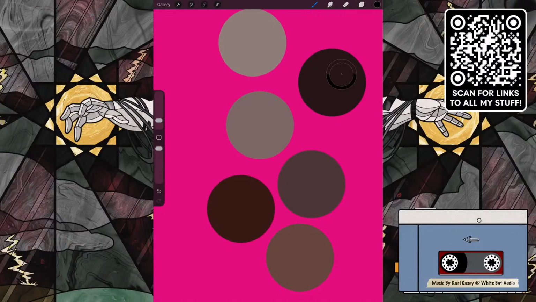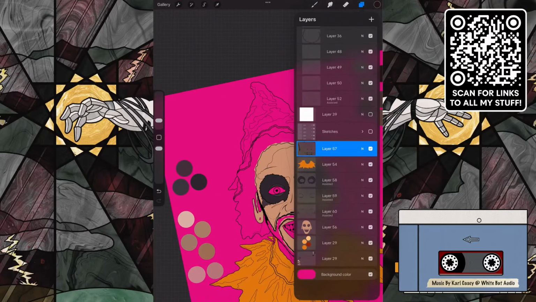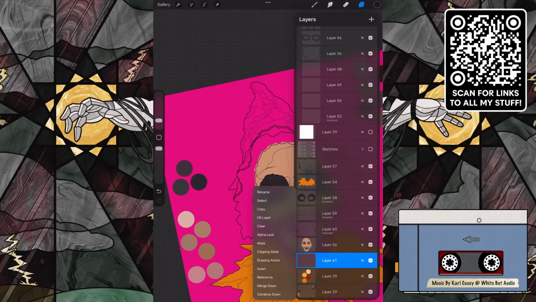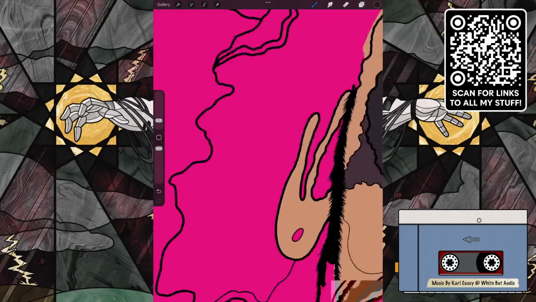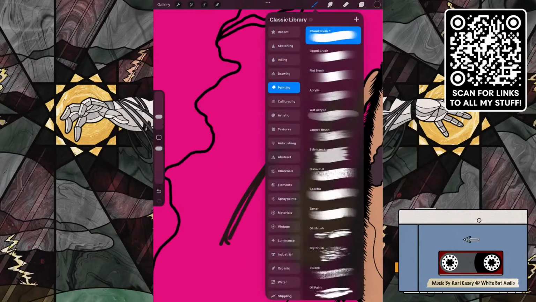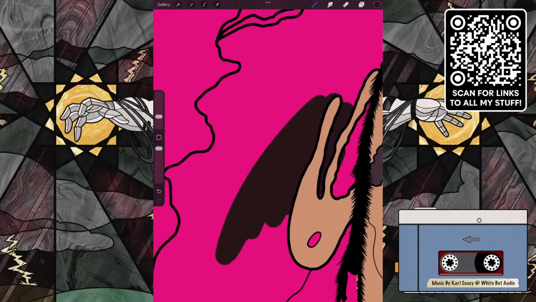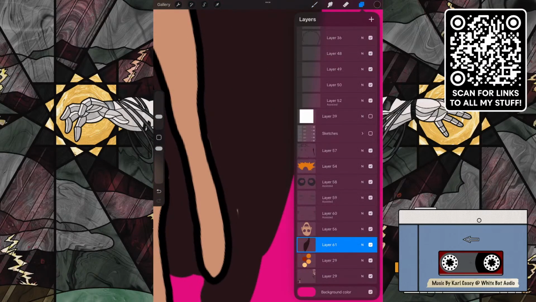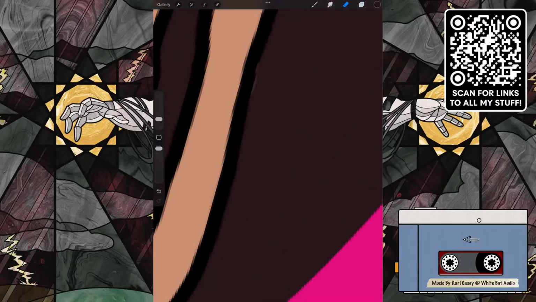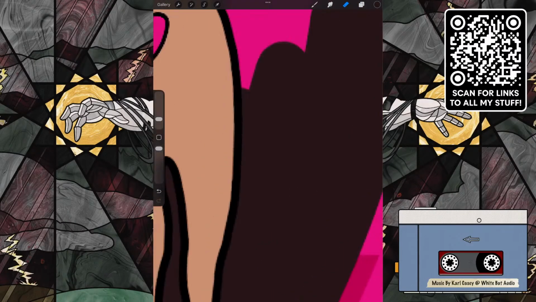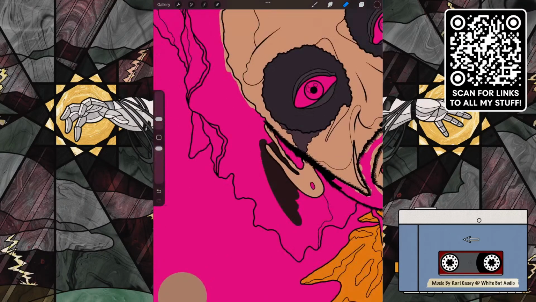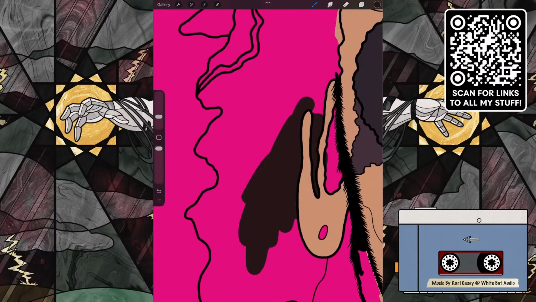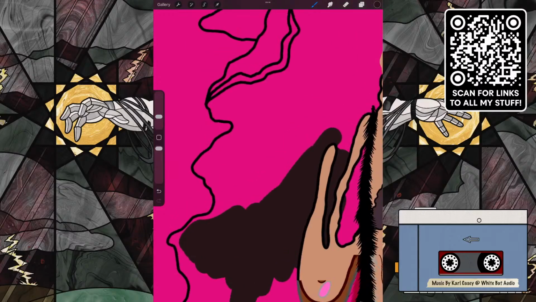Just always has been the best result for me. I'm just going to block some stuff in here. So let me go here, and let's get in the dark layer back here, which is that. Let's get the paintbrush. Yeah, we'll just, see, it's revealing things I've missed, which is good. That's a benefit of having a nice dark color in the background, as you can see where you missed something. Okay, there we go. All right, back to it. Let's get this color blocked in.